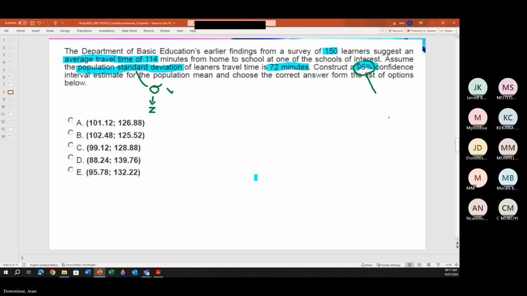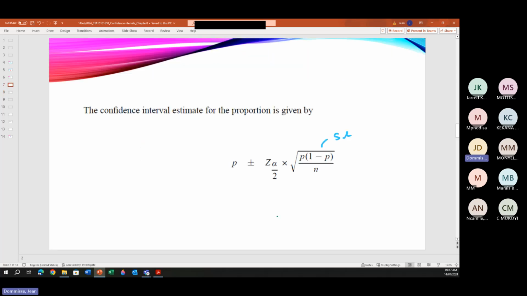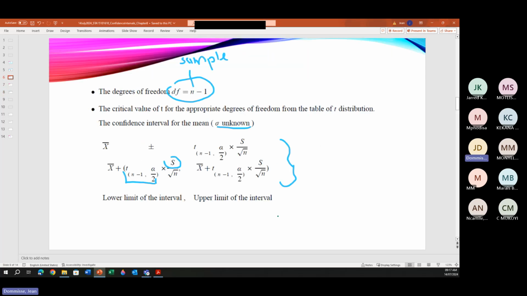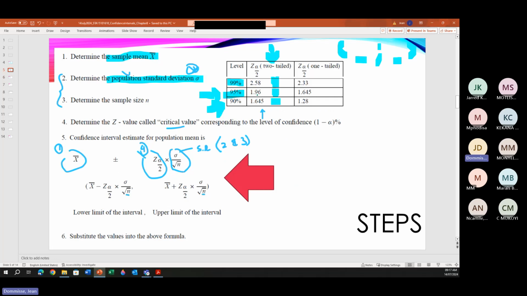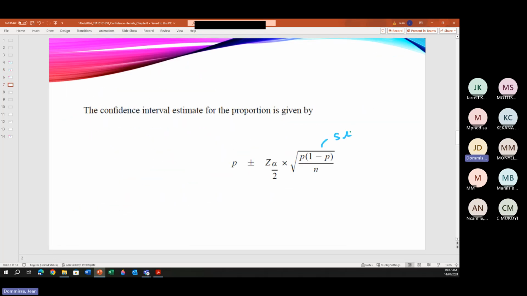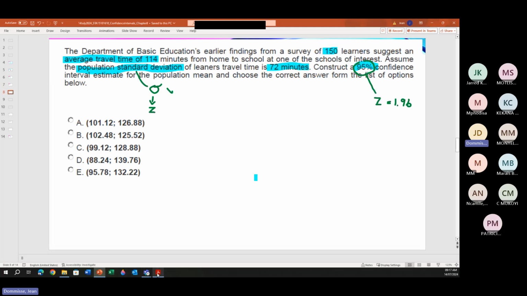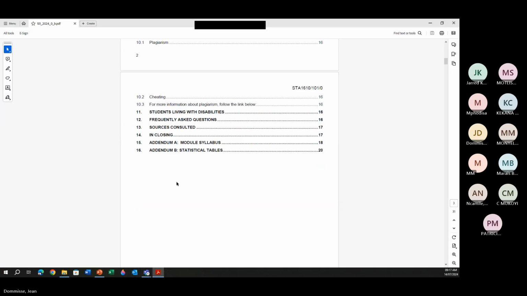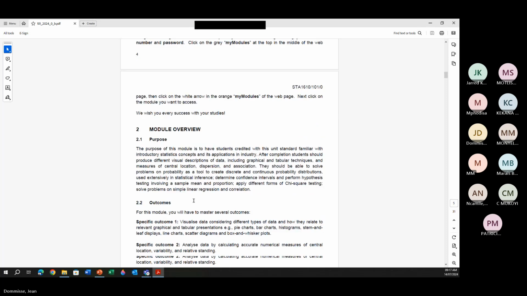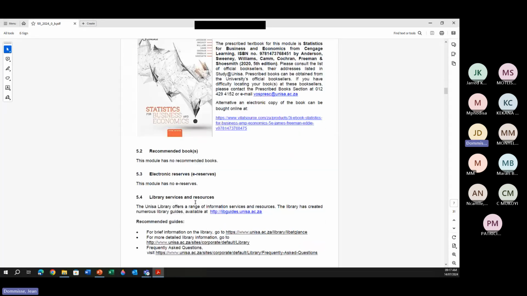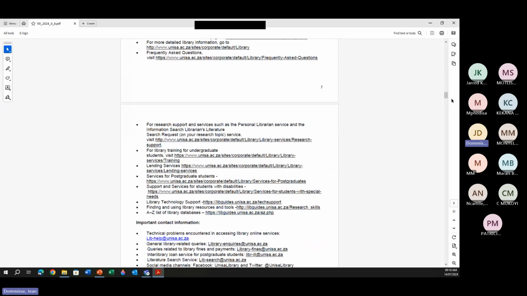95%. So 95% for Z is 1.96. So from that table, Z for 95% is 1.96. Okay, I just want to show you guys, in the tables,